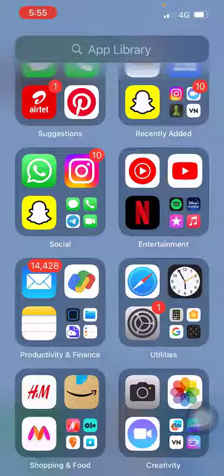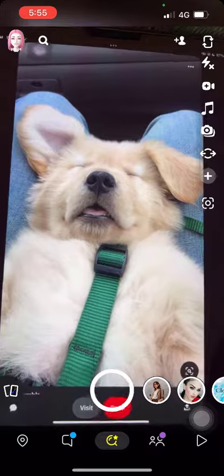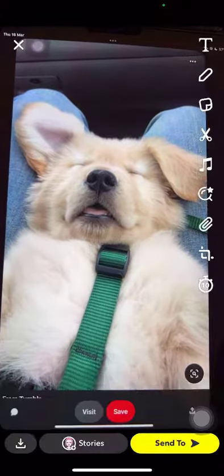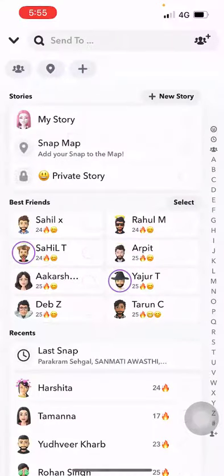So let's open the app. Let's just take a snap and now send to. Here you can